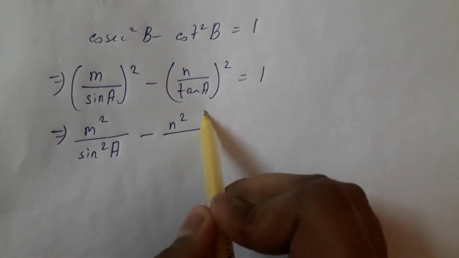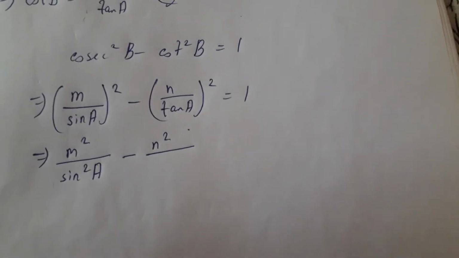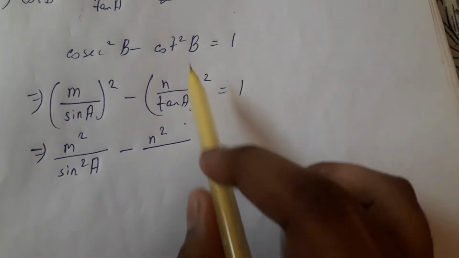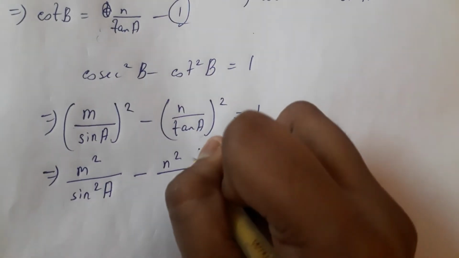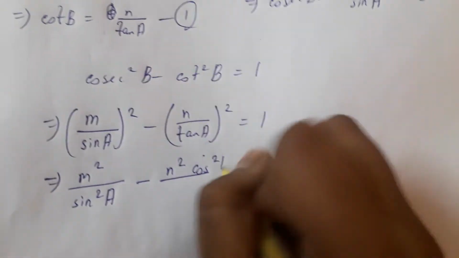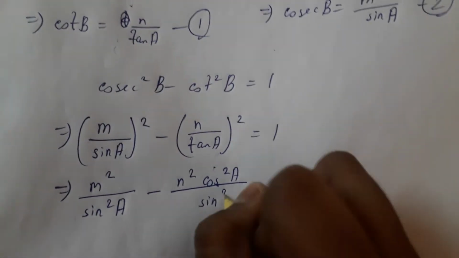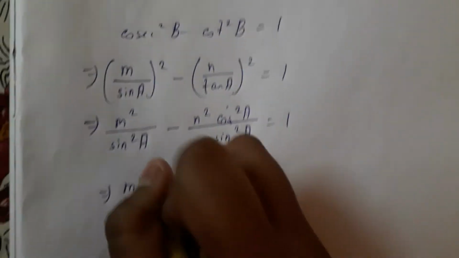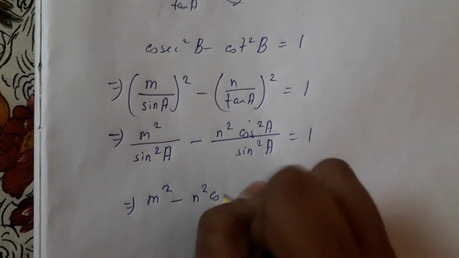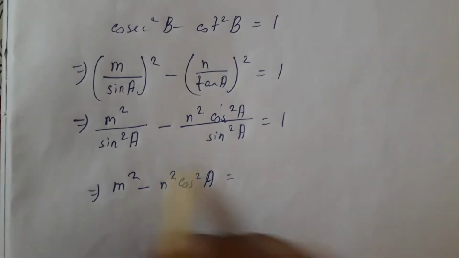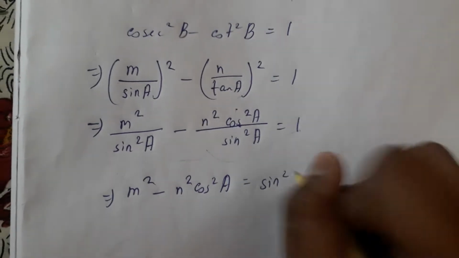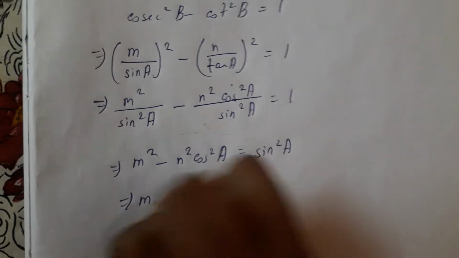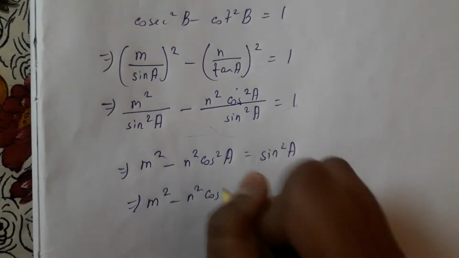now see, tan A means sin A by cos A, and 1 by tan A means cot A, and cot A means cos A by sin A. Now write here cos square A divided by sin square A, so that the LCM will be the same. Now you can write m square minus n square cos square A as the LCM is the same, so multiply here. 1 into sin square A means sin square A equals m square minus n square cos square A equals